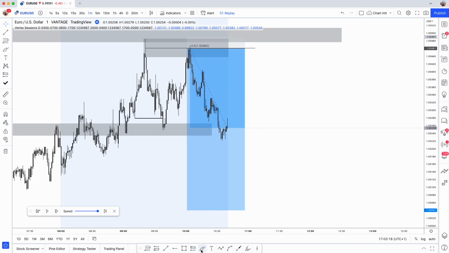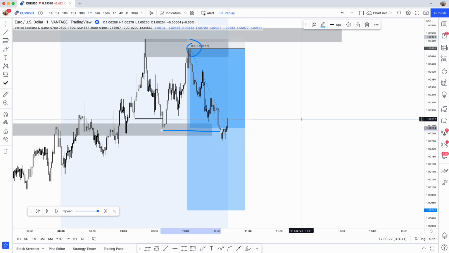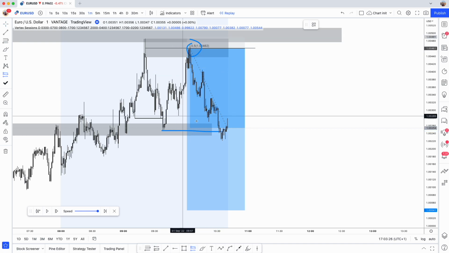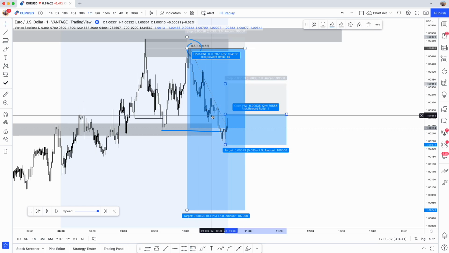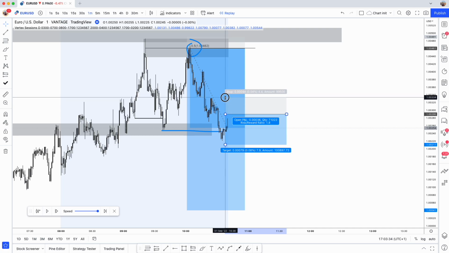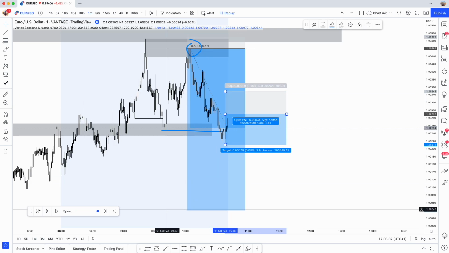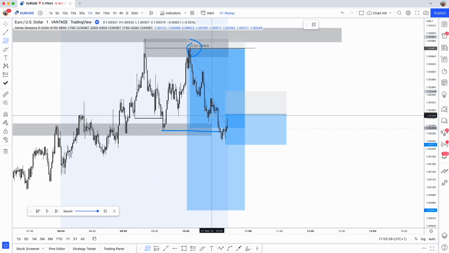However, this is one entry point here. Now that we've broken this structure, what we can do is place another entry. I don't take 2 entries, but if you miss this one, this next one would hold higher probability. Is taking a trade straight off this OB here, and I don't know how big this one is. I mean, that's large. Let's go 50% of this one.